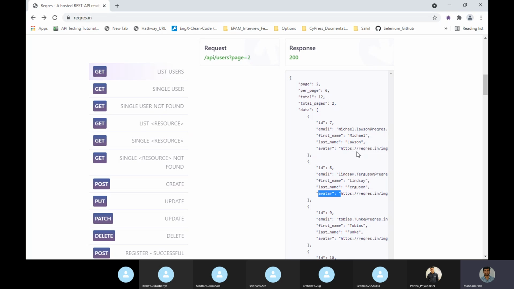Suppose I give get bank accounts slash account number equal to one something xxx, that is called a path parameter. We are trying to get a specific record, so only one record comes, that is called a path parameter. This you will get as an interview question in every interview, so don't forget about that.